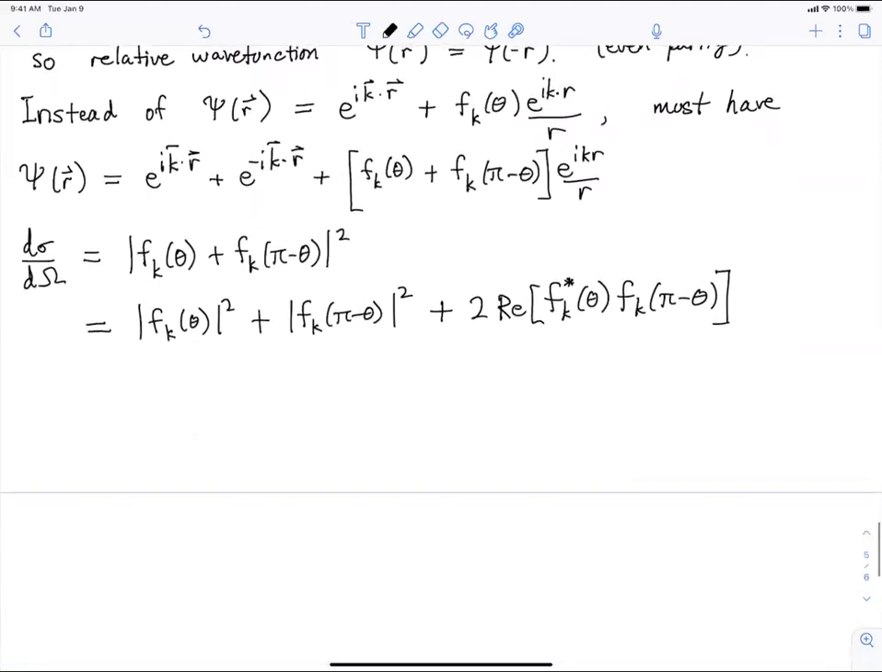Okay, so that's the form. Of course, I'm not telling you how to solve for f_k of theta. I would have to give you the potential between the two particles, and you'd have to solve the Schrodinger equation. We're really today just talking about the form of the answer. Solving for the scattering amplitude is a whole other story. But okay, if I'm going to do this scattering and I have indistinguishable particles,